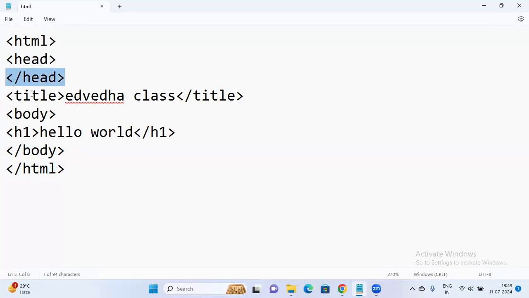And then we have to write the title, whatever content you want, and close the title also. And then body, and in the body take H1. Okay, heading 1. If you want to take heading 2, then take 2. I'll tell you what is H1, H2, H3 when we get deeper into the classes. But this is how it is.